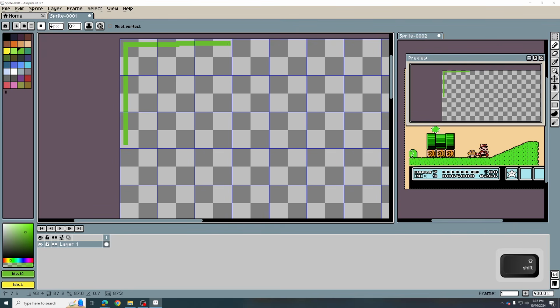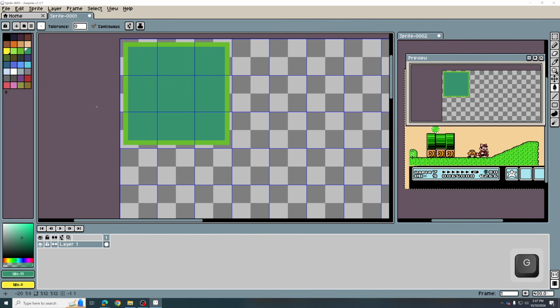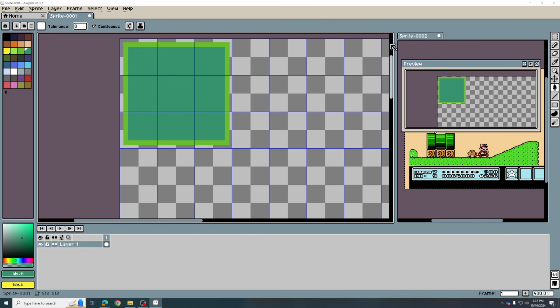Drawing it back 1, 2, 3 pixels. 1, 2, 3. No, that's 4. 1, 2, 3. A little hard to get there. Okay, same thing with the bottom. Come over here and draw down. Okay, so I have a start of a proper 3 by 3 tile. I can fill the middle or something like that, and then I have a real basic way of doing a